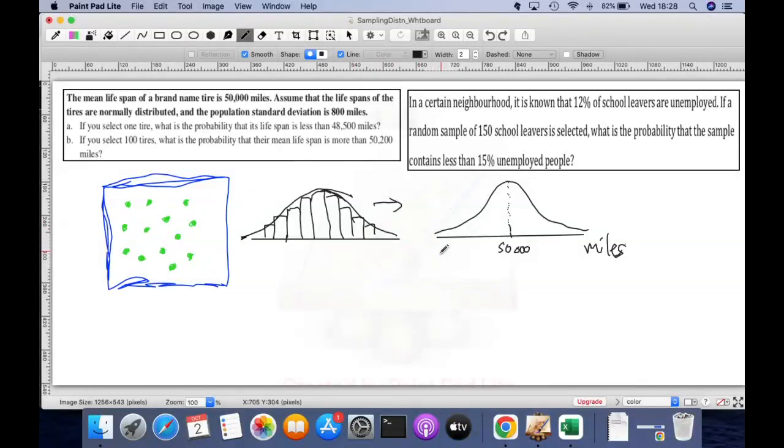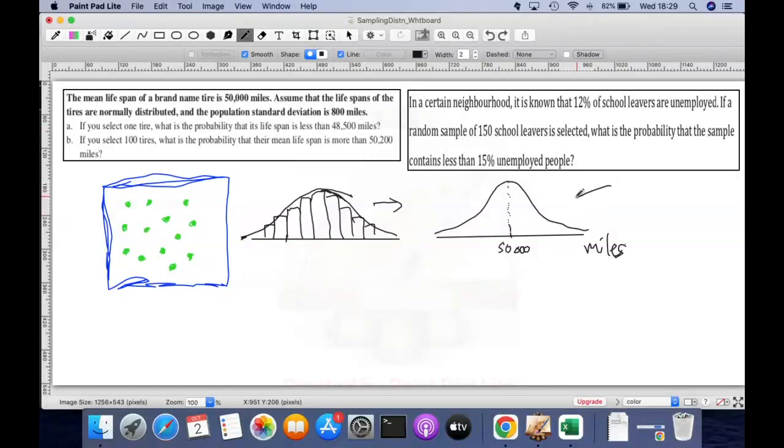So I am, let's say, a statistician or maybe just a quality inspector that goes into this factory. Before I even look at a tire, I speak to the supervisor or the manager of the factory, and he tells me this part in bold, right? He tells me that the mean lifespan of their Dunlop tires is 50,000 miles, and then you assume that it's